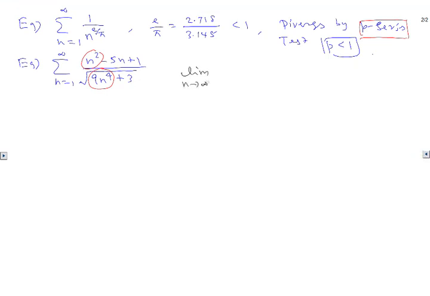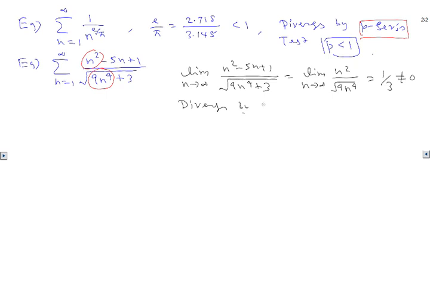as n goes to infinity, n squared minus 5n plus 1 over square root of 9n fourth plus 3. What is important is only the dominating terms. So let's take the limit of the dominating terms. So it is n squared over the square root of 9n fourth. You can see the square and fourth get cancelled because it's square root, so you simply end up getting 1/3, which is not equal to 0. So that means it diverges